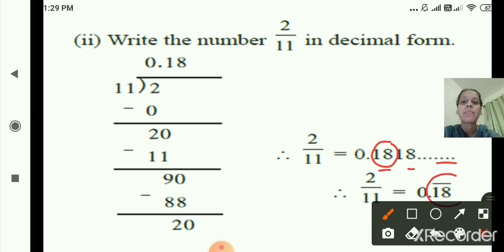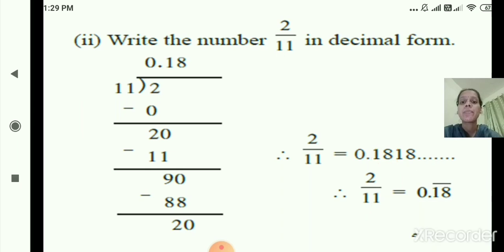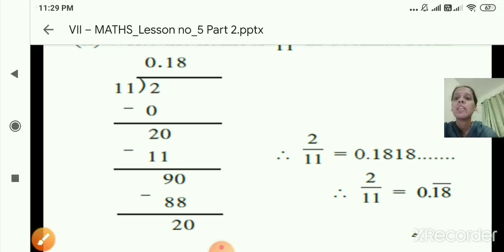See here, above the 18 we have drawn a horizontal line, which means this group of numbers is continuously repeating on the right of the decimal point, right? So this is the answer. Hope you are clear with this. Once again we will see here,